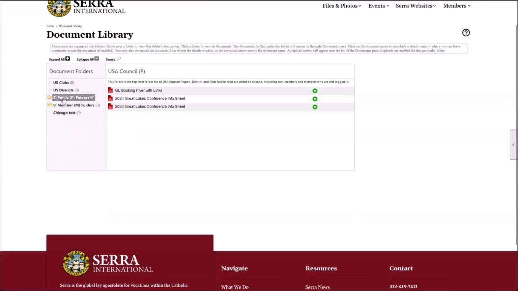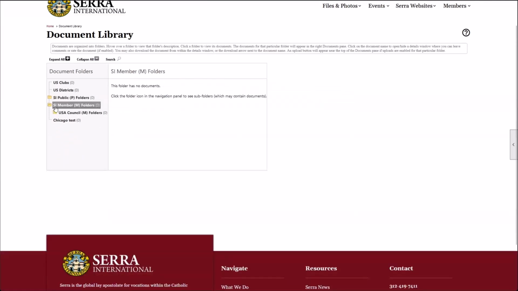So you can see we've got our public folders here. There are also a collection of member folders. So they've got the little M, meaning member folders. And these are folders that are only available to members, whereas the public folders might be available to non-members as well. There is a case, so we have a test folder here that has been set up ahead of time